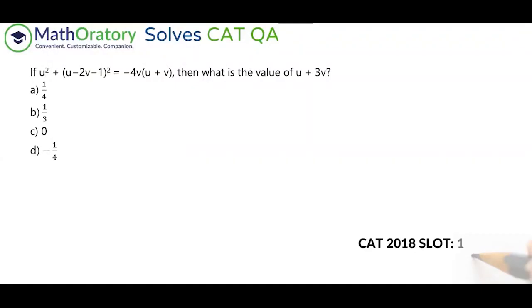This is an example of a typical algebra question where you have to solve. You should be able to see straight away that you're getting u square and v square from this part. So these kind of questions you typically have to solve. There is no shortcut to these kind of questions.